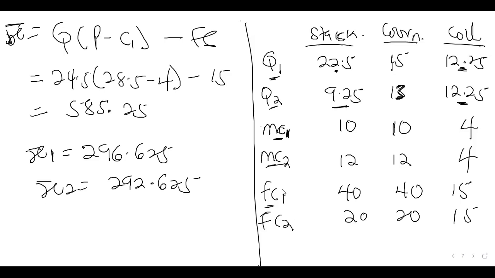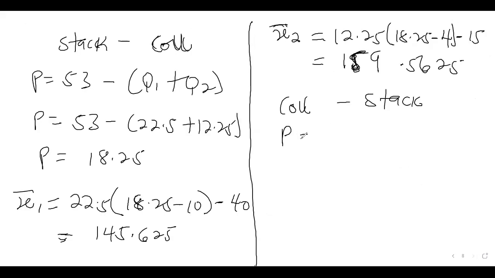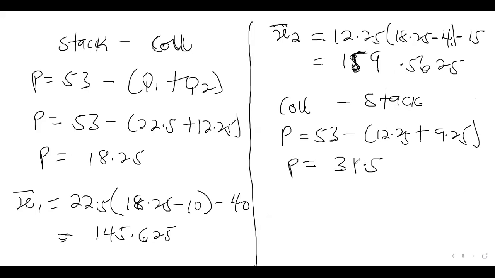So we are just doing what-if analysis here. The price will be equal to 53 minus 12.25 plus 9.25. So we have the price to be equal to 31.5. Okay, so the profit for the first firm will be the output 12.25 into bracket the price 31.5 minus